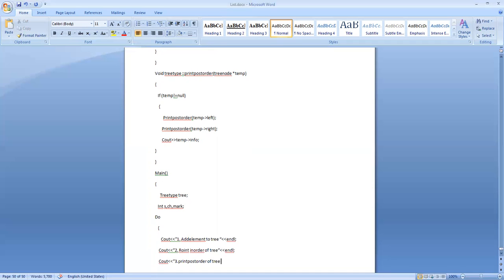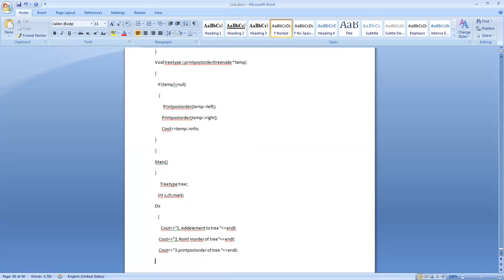Then option 3 is given. Pre-order, let me have it as pre-order. Print pre-order of tree. Okay. Then when the option is equal to 4,